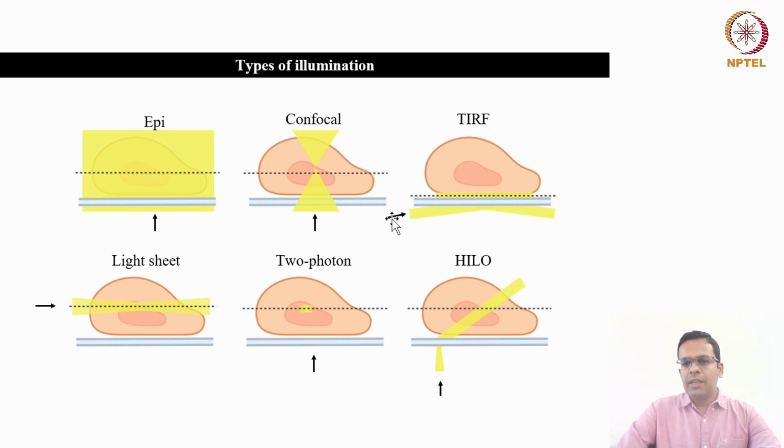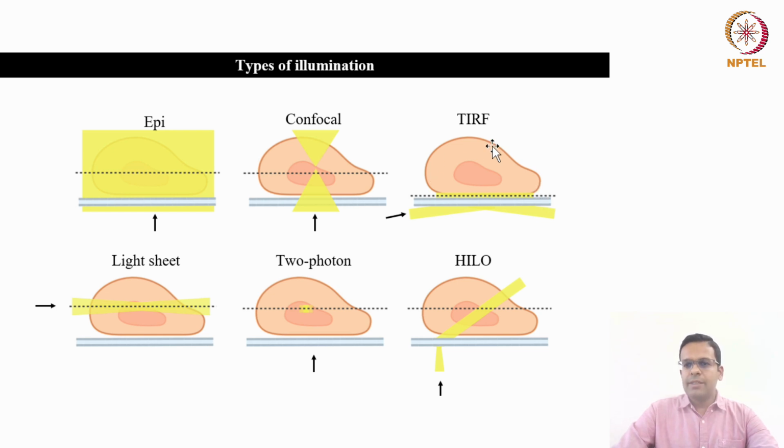Here you see the light is passed from this particular angle. We will discuss more about this in the next slides. But the incident light is passed with this angle so that it will completely get reflected from the surface. And because of this reflection of the light, it produces the evanescent field, which is perpendicular to this direction. And this evanescent field will illuminate the fluorescent protein molecules which are present in your sample, but it can only illuminate up to 100 or 200 nanometer